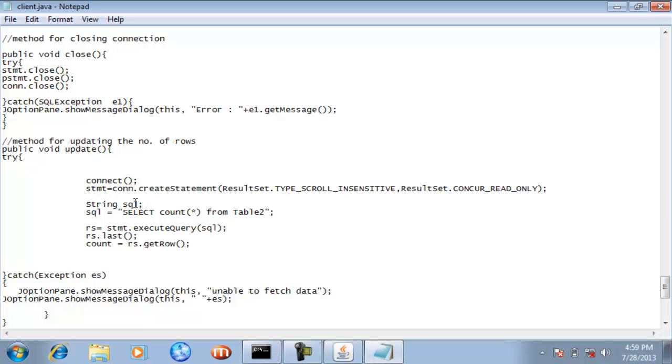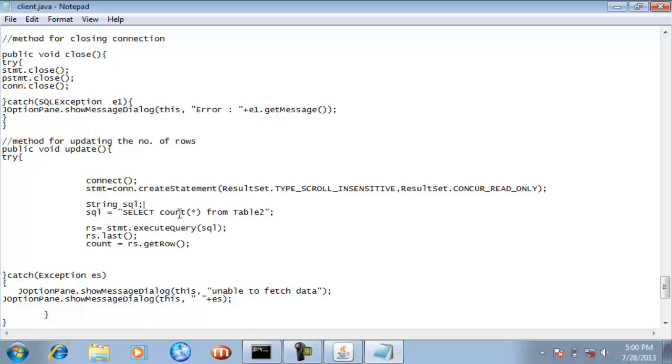Here you can see this is a variable named sql, and inside it I have written one SQL query: select count star from table 2. Table 2 is exactly the table existing inside that data2 Access database.